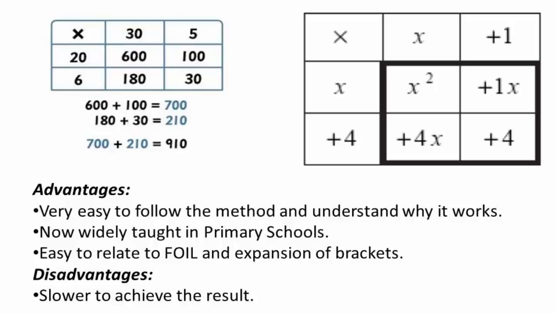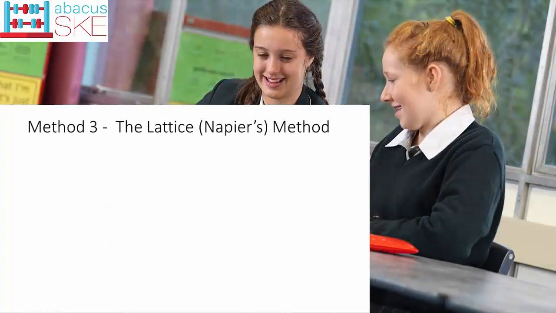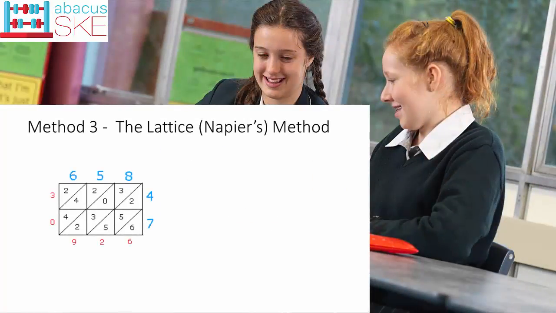And I've managed to relate it quite nicely to the way we multiply out brackets, and yes, it's exactly the same as the way we multiply out numbers. The disadvantages, of course, are that it's slower to achieve the same result, and that is a little bit of a drawback, there's no doubt about it. Anyway, this takes us on to method 3, which certainly when I started teaching, I'd never seen before,